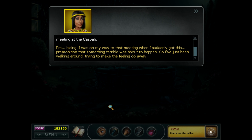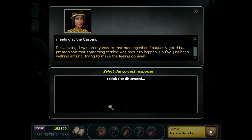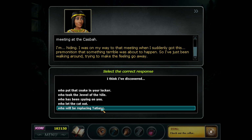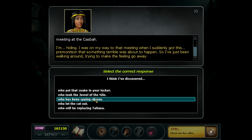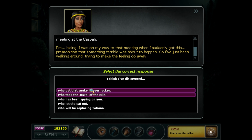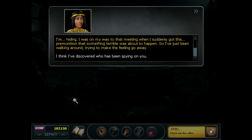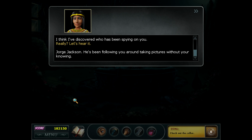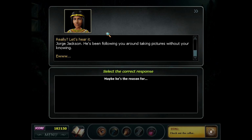I'm hiding. I was on my way to that meeting when I suddenly got this premonition that something terrible was about to happen. So I've just been walking around, trying to make the feeling go away. I think I've discovered who's been spying on you. Really? Let's hear it. George Jackson. He's been following you around taking pictures without your knowing. Ew! Maybe he's the reason for...